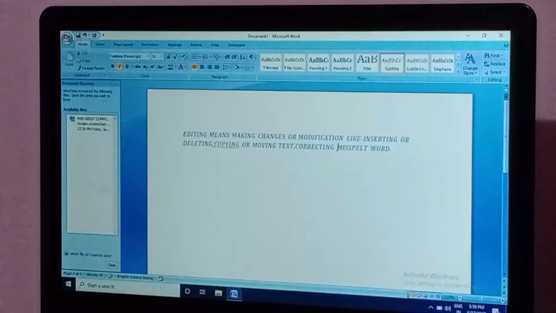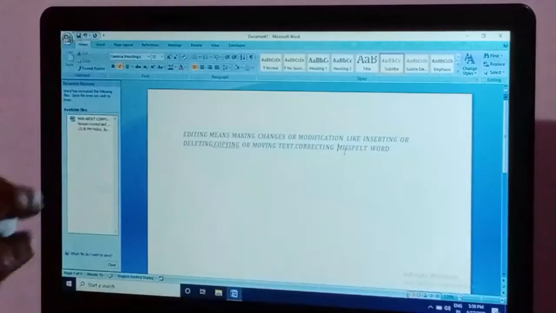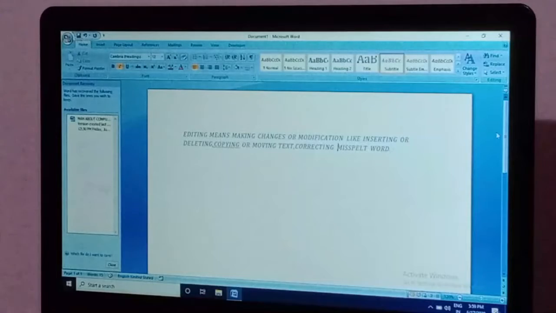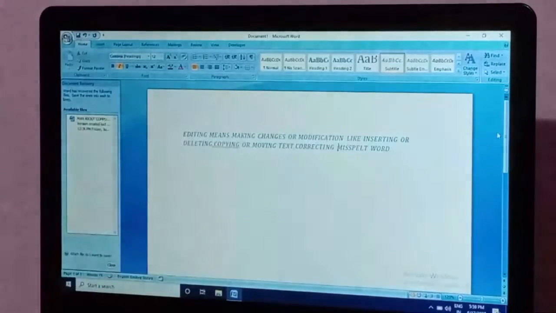Just click once with the mouse, and the blinking cursor is in front of the misspelled word.